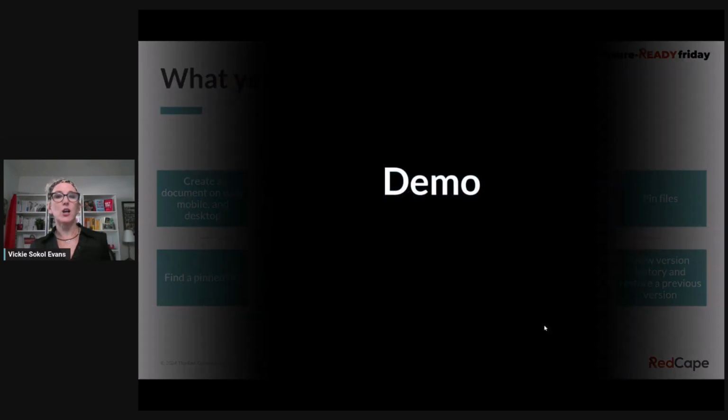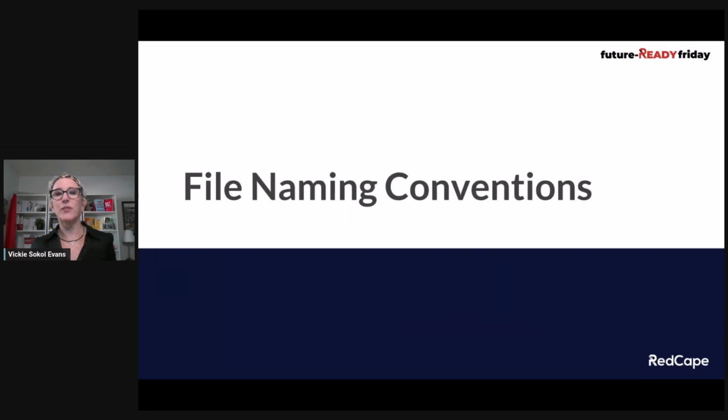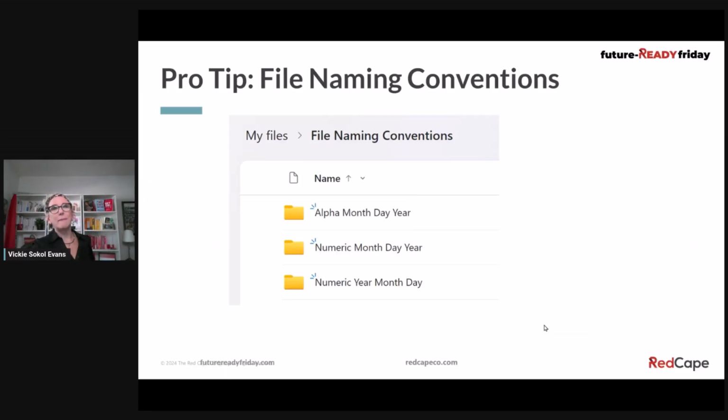Perfect. Now I want to talk about naming conventions because I just met with a client about this. If you are managing meetings and you want to name your files or folders based on the date, I'm going to show you the difference between the alpha month, day, and year, numeric month, day, and year, and numeric year, month, and day. And I'll show you these two. So let's start with the alpha month, day, and year. This is what people typically